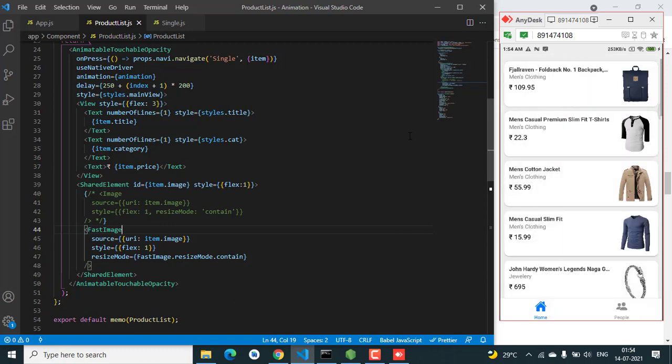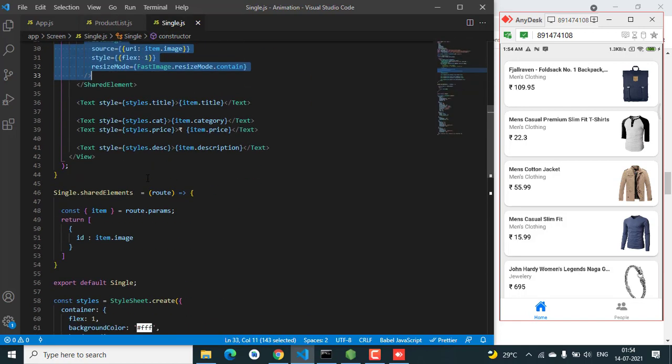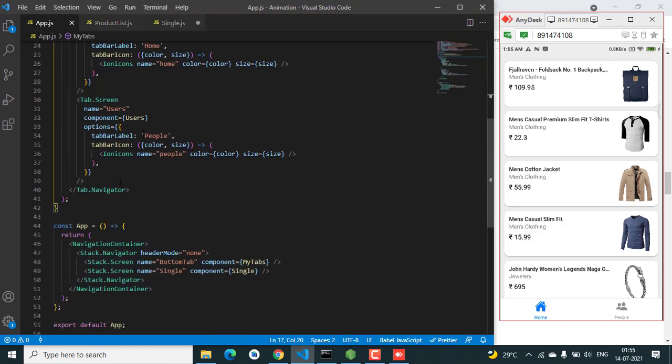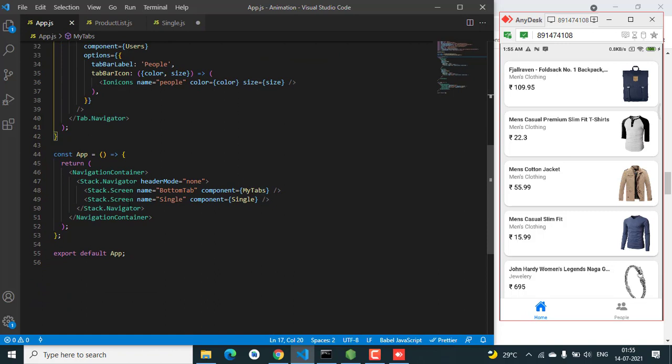And if you want to slow down the animation, it's really quick. If you want to slow it down, we can simply do that. For that we used this thing over here, and you can also do that in app.js. So if you comment it out over here, you can also do that in app.js. In a particular screen we are using the transition animation.